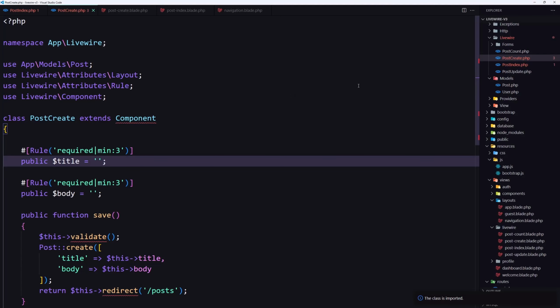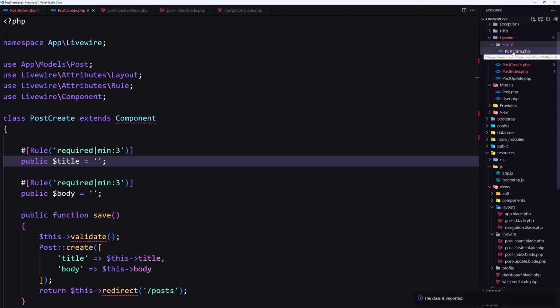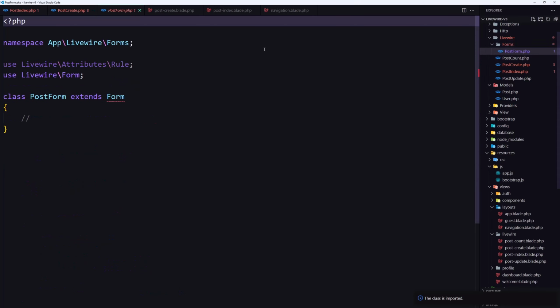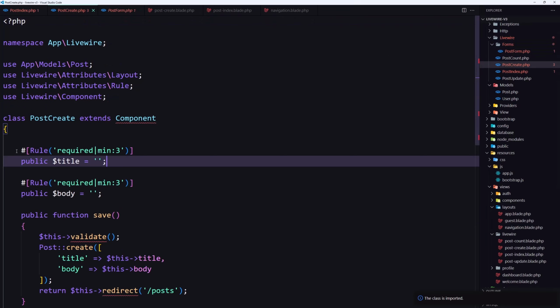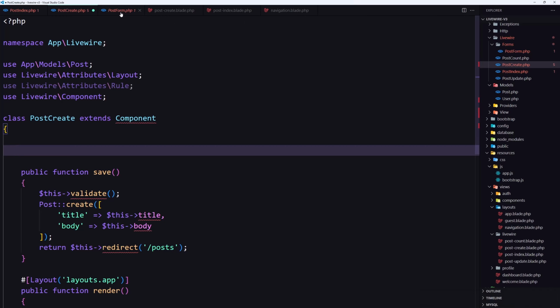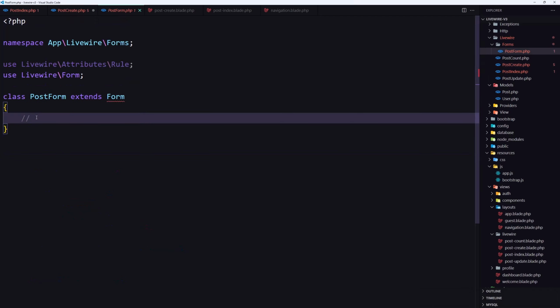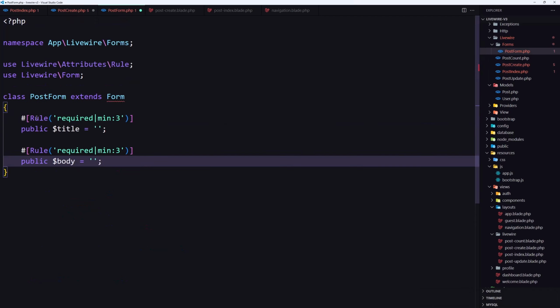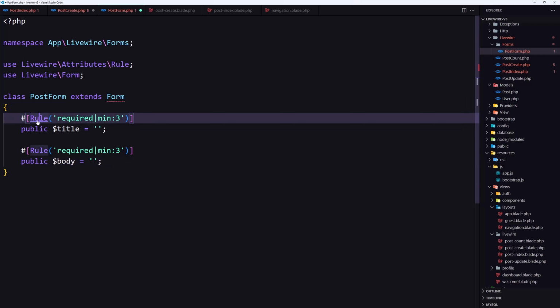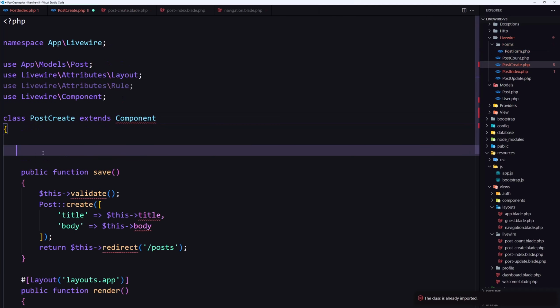So if I open Livewire Forms, here we have this PostForm. Let's open that, and I'm going to move the public title and body and move this logic here to the form. We need to import the Rule in here. So Attributes Rule, save, close this one,